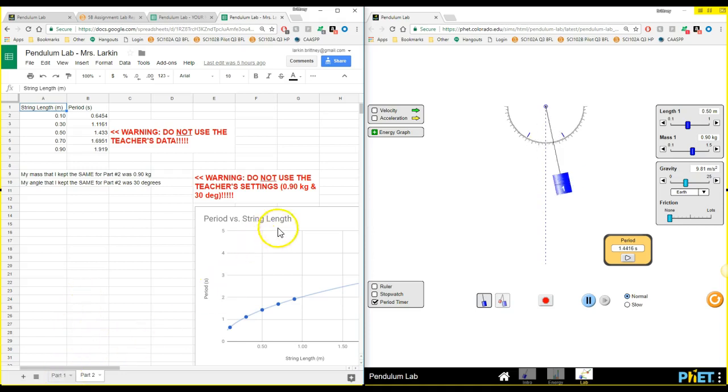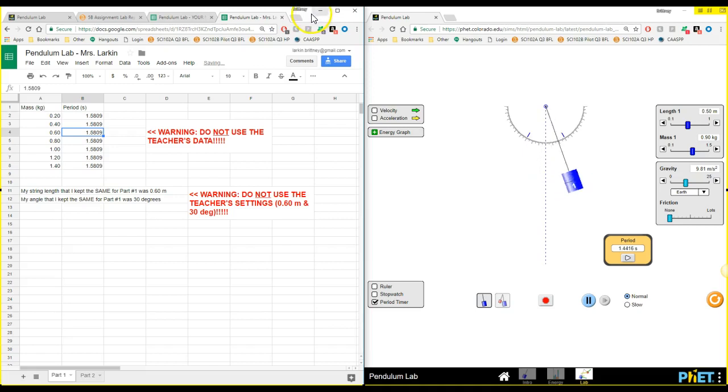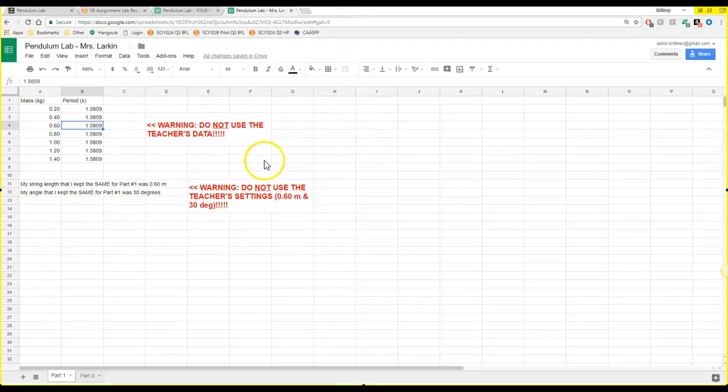So now we need to go ahead and actually do the graphs. The way that we do the graphs is really similar to what we've done in the past, so this should not be anything new. So we're going to start off by highlighting the entire section here of our data. We're going to go all the way from where it says mass down to our last number. Please make sure that in this box you only have numbers. If you have words next to the numbers like seconds or meters or kilograms, you're going to end up not graphing it correctly. So make sure there's only numbers here.